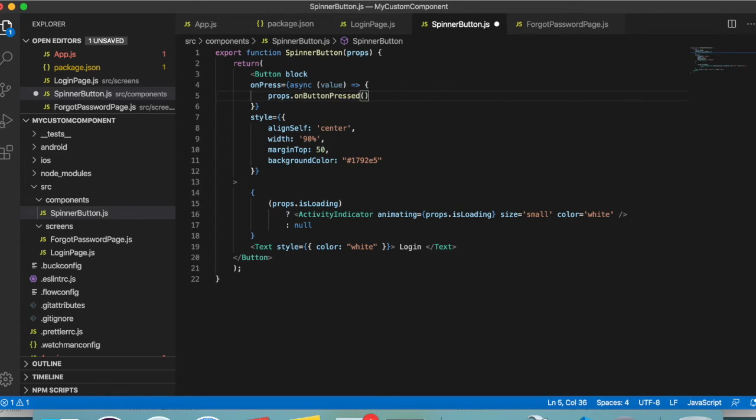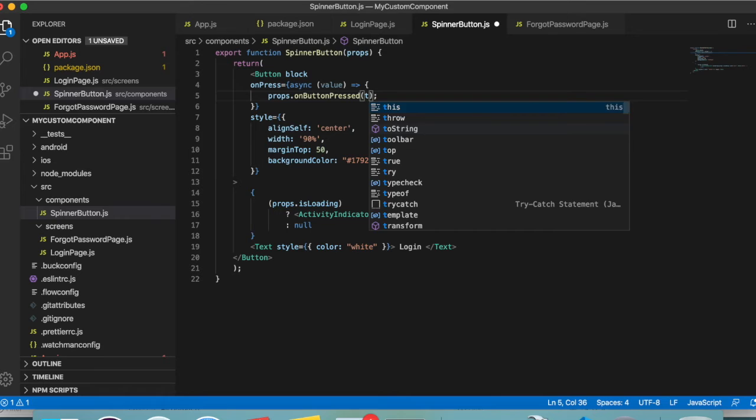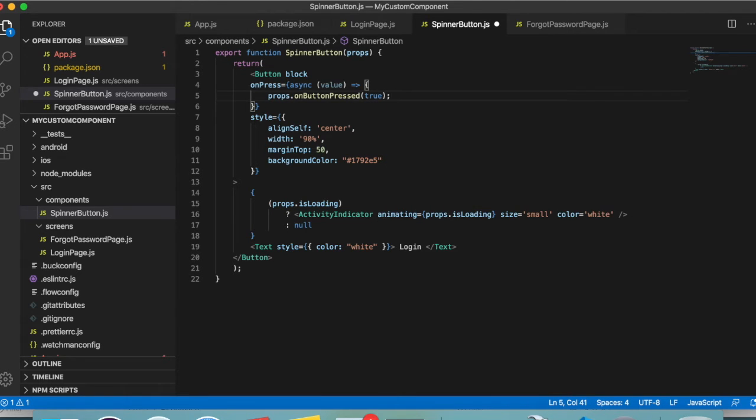Basically, this is not a built-in method. This is a custom method that we are defining. In our case, you can either set a value as true or just leave it empty, because anyhow we are going to set it as true in our main component.